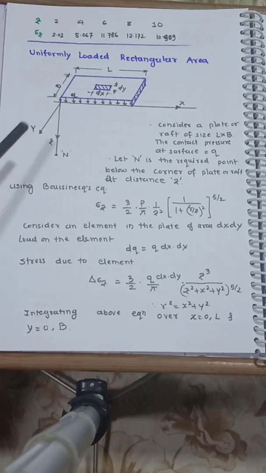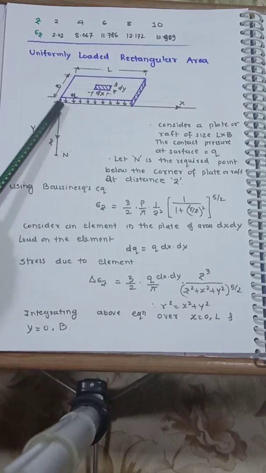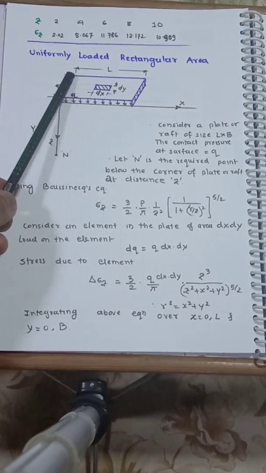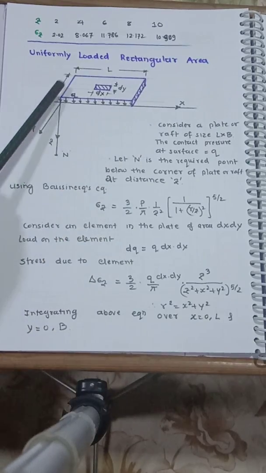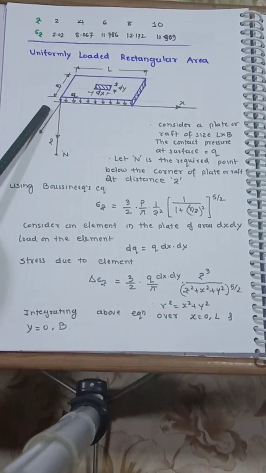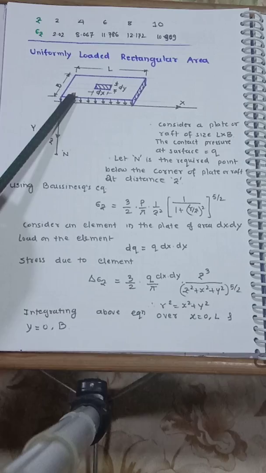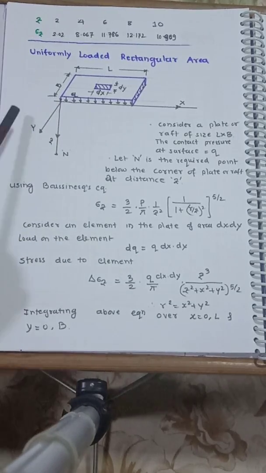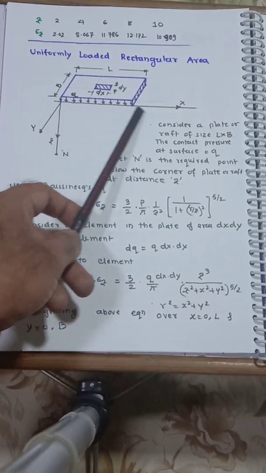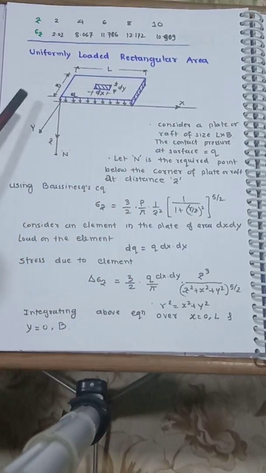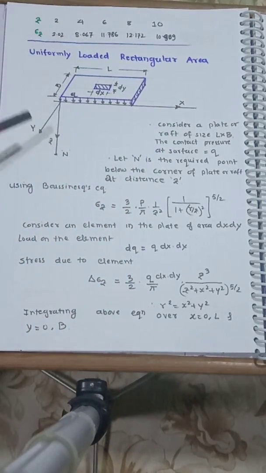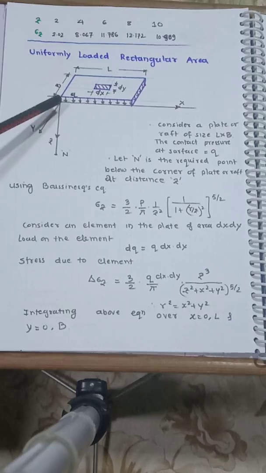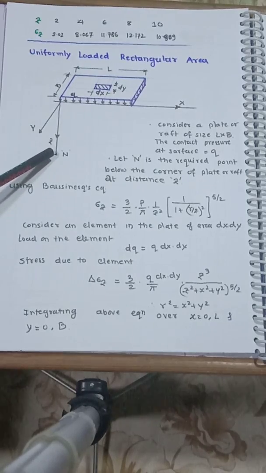And at the bottom of the raft, let us say this is a rectangular raft, the length is L and the width is B. It transfers the load Q after total load calculations. At that level, X may indicate a basement level, which may be below the ground level. Now in this case we'll derive the expression to find the vertical stress at a